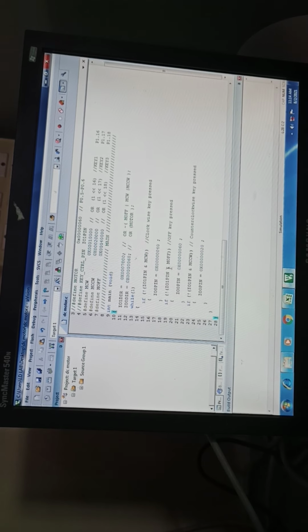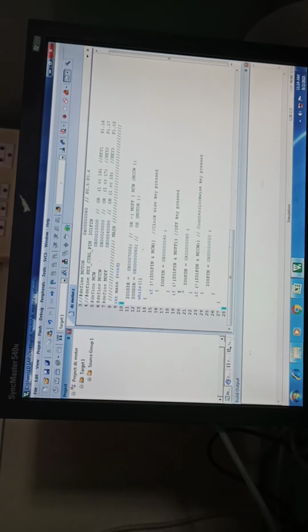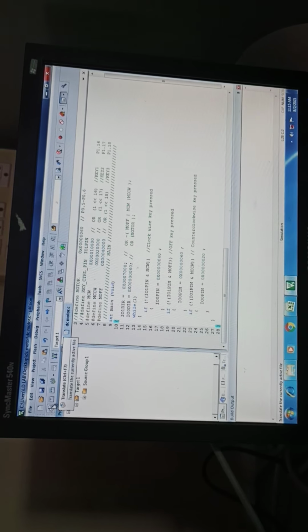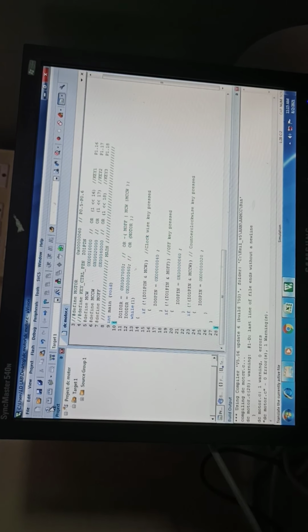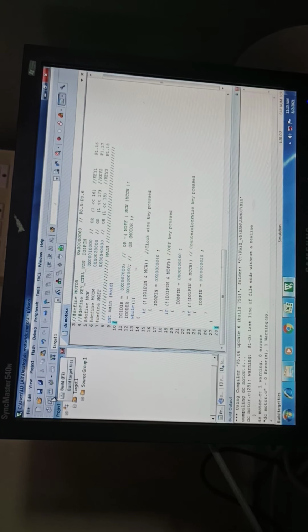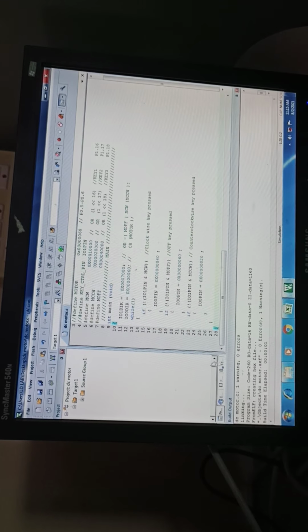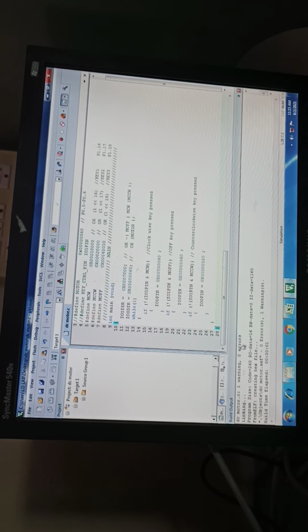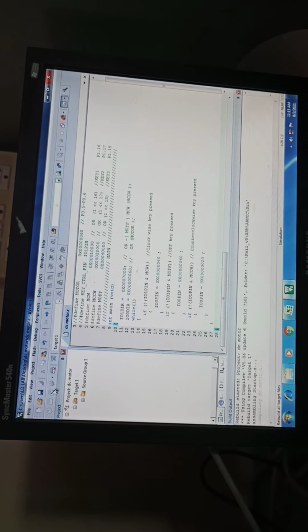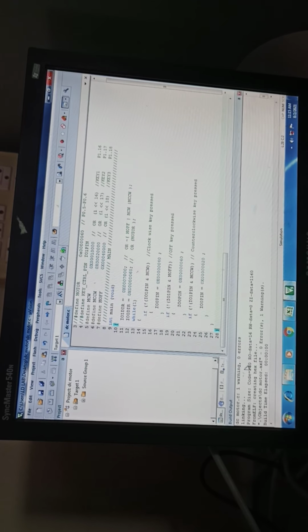You have to build the program, which means compiling it, to check whether my program has any errors or not. When I press this first, it shows no errors and only one warning. Again you have to press Build All Target Files. Here also zero errors, one warning. And again build all target files. Here also no error and one warning.